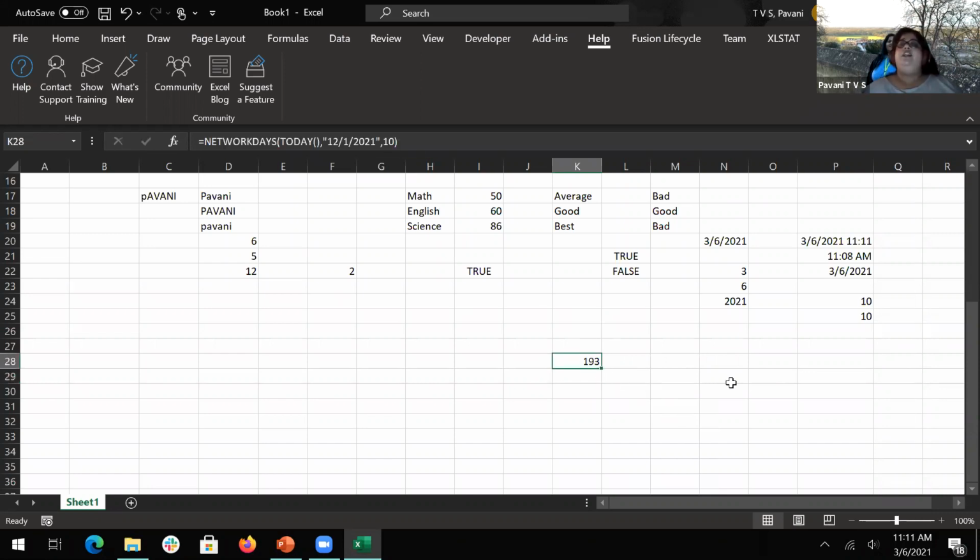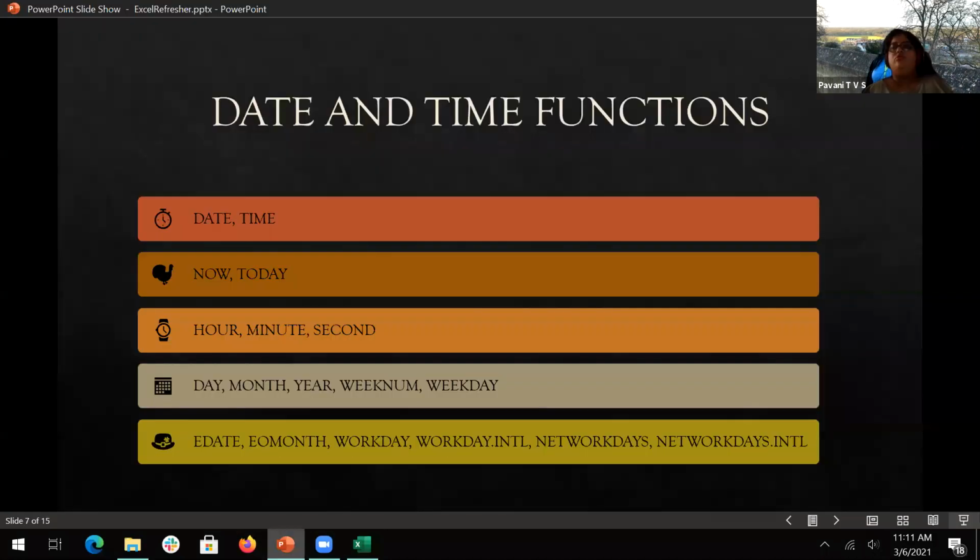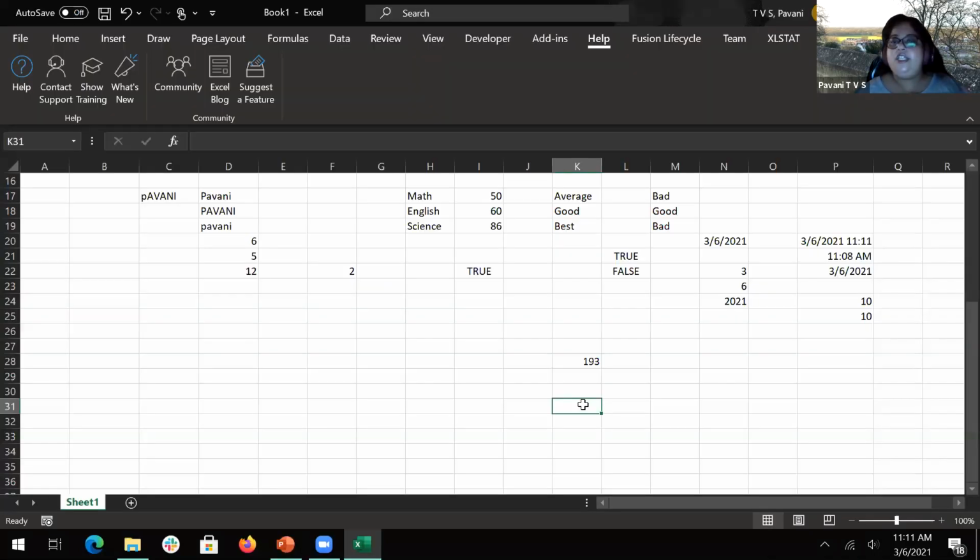So I have a total of 193 network days. So that is NETWORKDAYS. I mean, two different words, I got confused. Thank you. The financial year starts from April for most companies, and it will go on till the next financial year. In between, you have around 20 holidays. If you want to know exactly how many working days you have, this is the formula which you need to use. In the same way, if I want to include holidays and my weekends also.